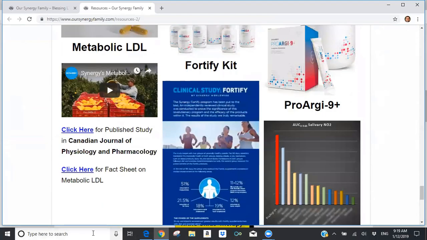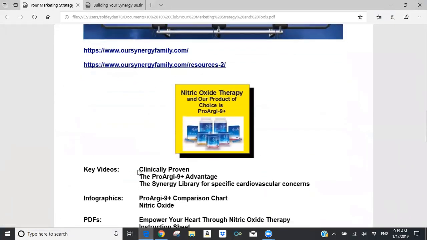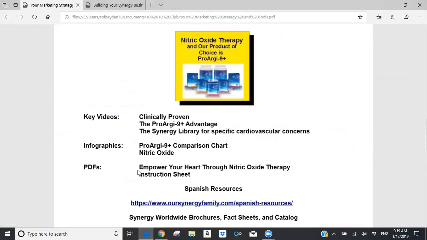Now, let's go back to this sheet. And so my marketing strategy is all about nitric oxide therapy. I position everything in relationship to nitric oxide therapy. And you'll notice that our product of choice is ProArginine Plus. So I talk to people in terms of nitric oxide therapy as opposed to ProArginine Plus, because if I talk about ProArginine Plus, people feel I'm trying to sell them a product. Now, we are in the selling business, but what I would rather do, rather than having them put up the wall initially, is talk to people about nitric oxide therapy. I help them understand how nitric oxide therapy can naturally address their cardiovascular health issue,